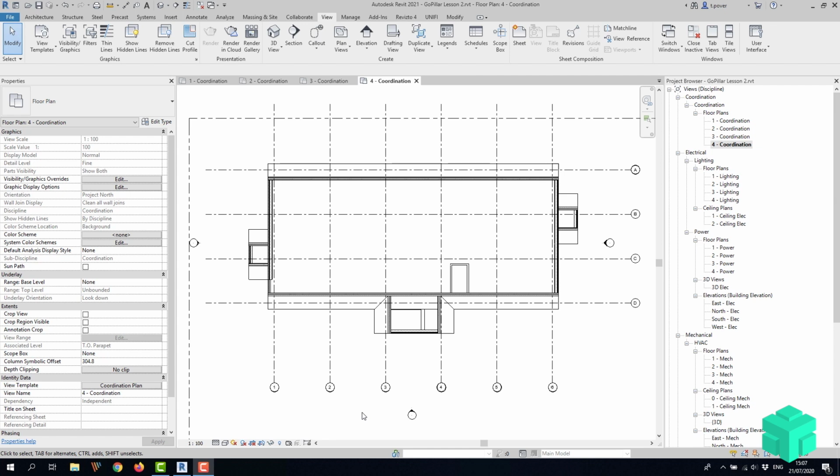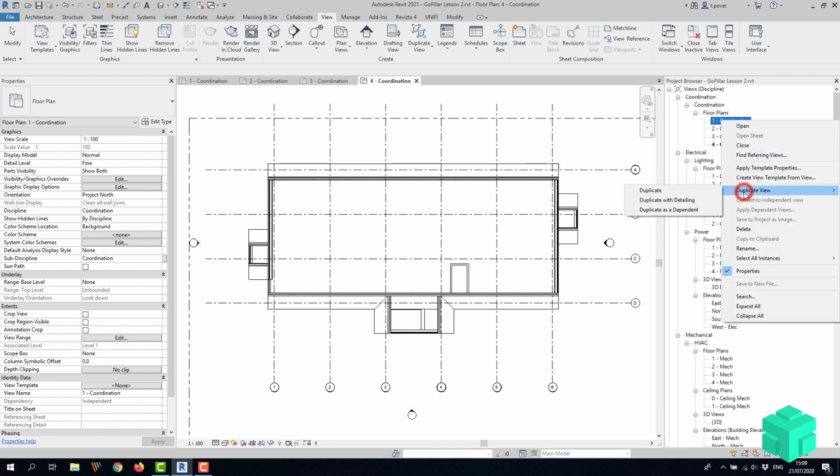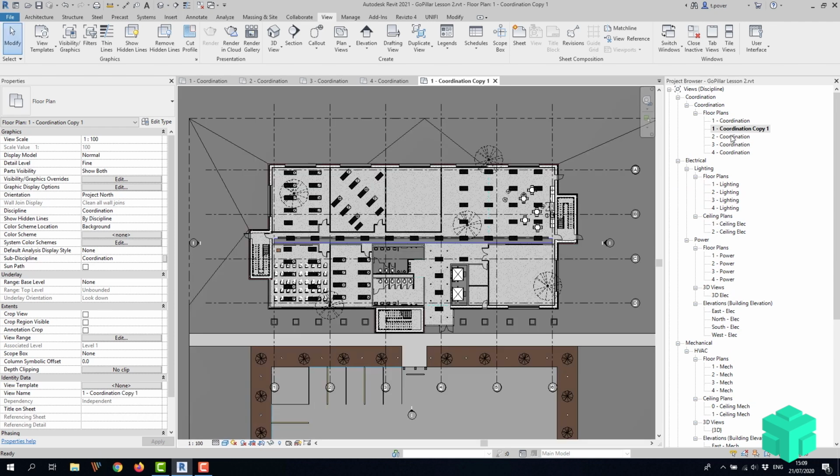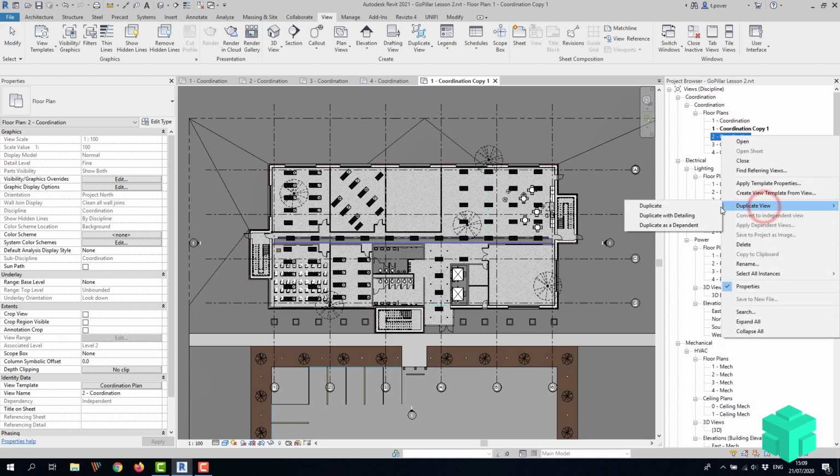Now, I know for a fact that the architectural plan can be exactly the same as the coordination plan, except for one little setting that will need to be different. So, for the architectural plan, there is already a view template available. What we are going to do is copy our coordination views, go to the project browser and once again duplicate the views. Do this for every level,